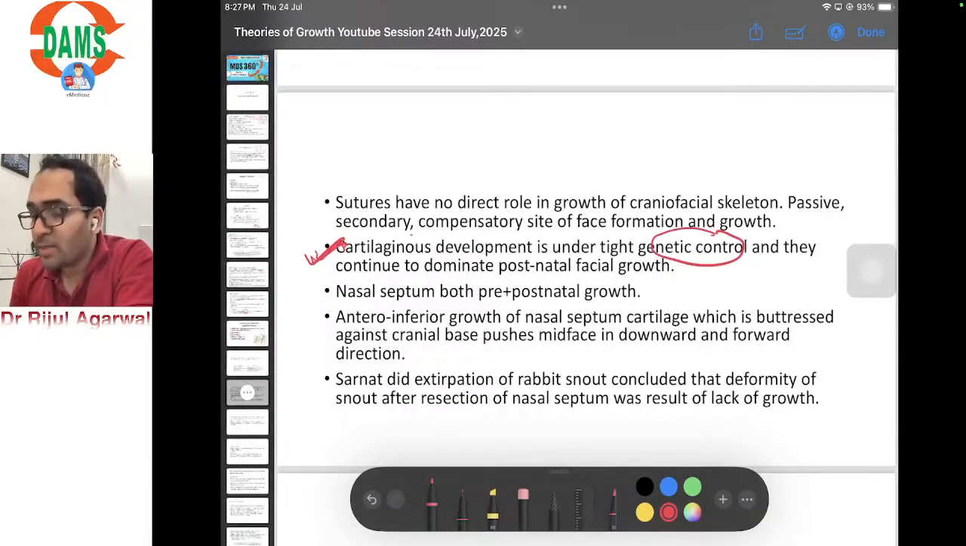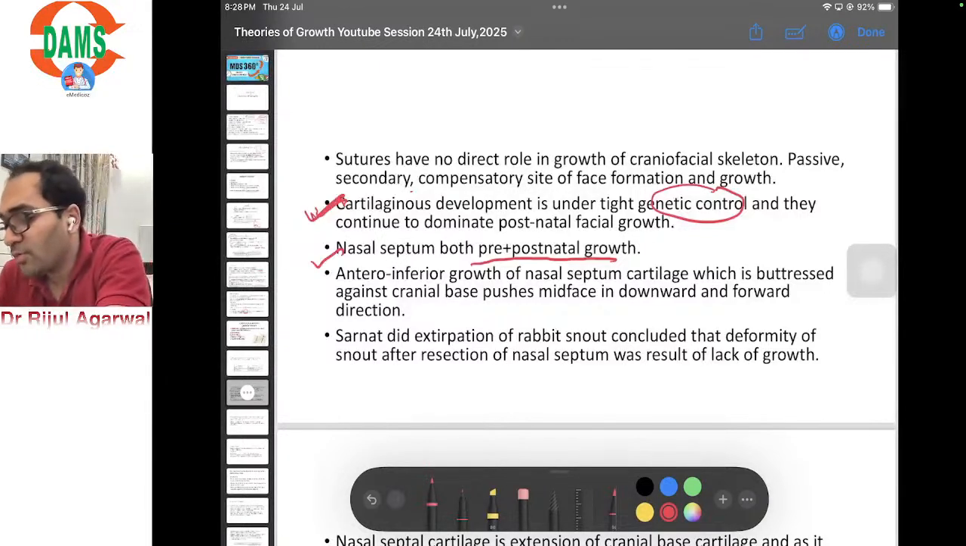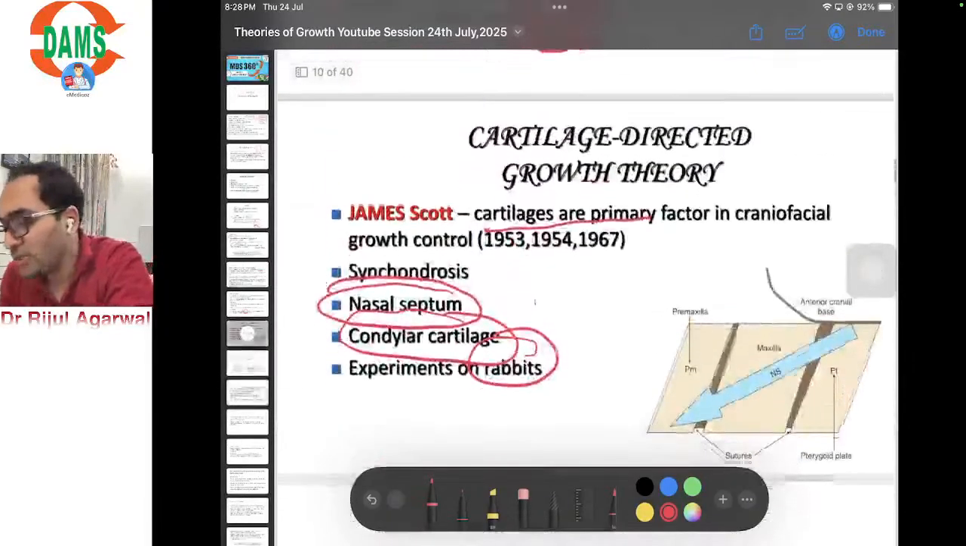And the nasal septum cartilage, which is the most important one according to this theory, is responsible for both pre and postnatal growth. So antero-inferior growth of the nasal septum, which is buttressed against the cranial base, pushes the midface in a downward and forward direction. So coming to this image,